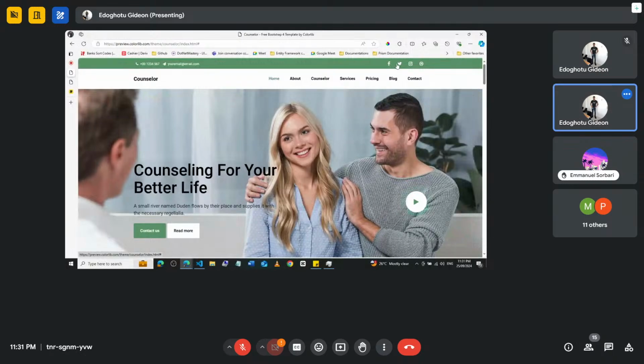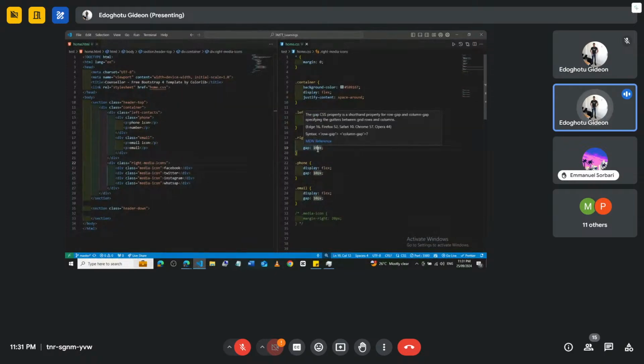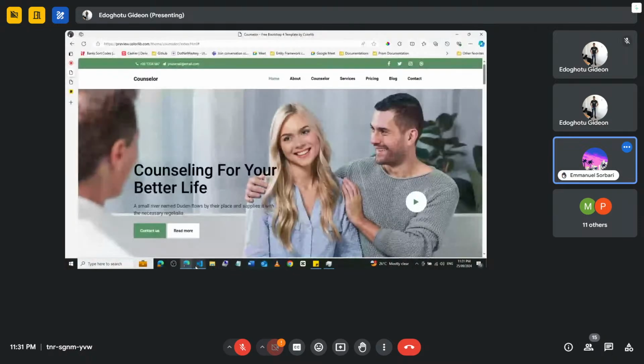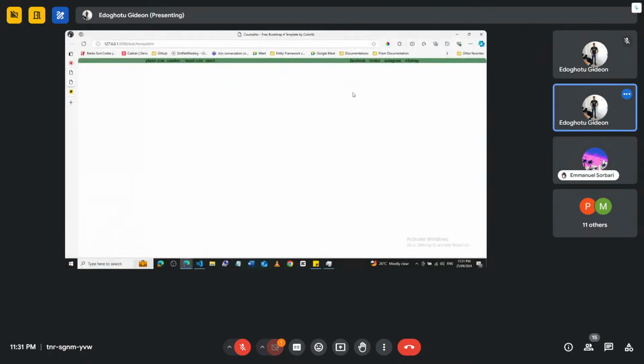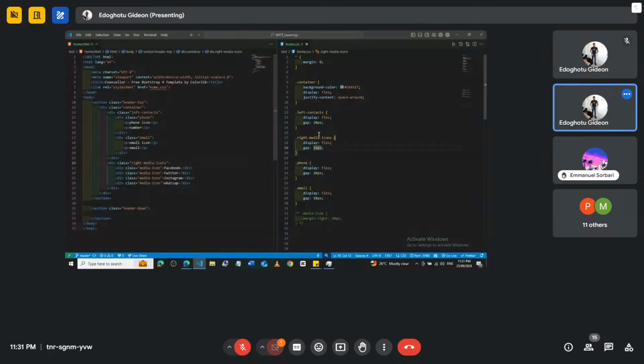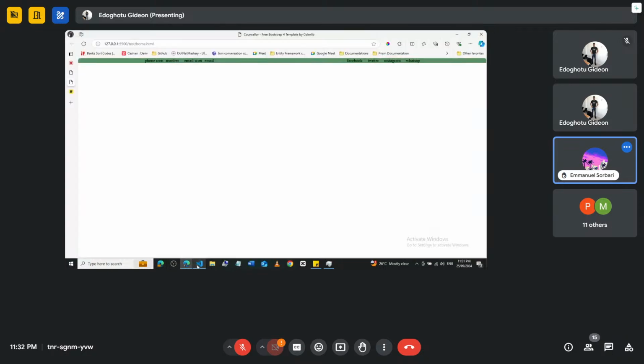So let's probably give it another space of 15 px. All right, that should be okay now. Let me give it 20. All right, 20 is fine. So